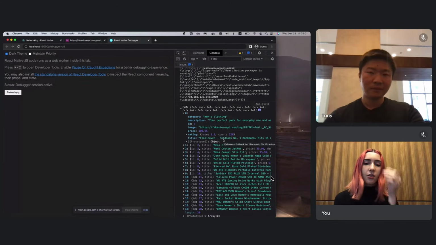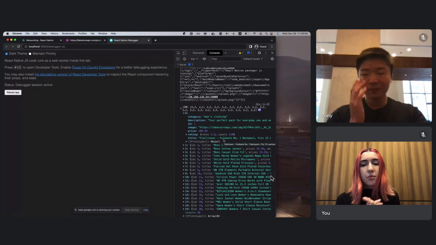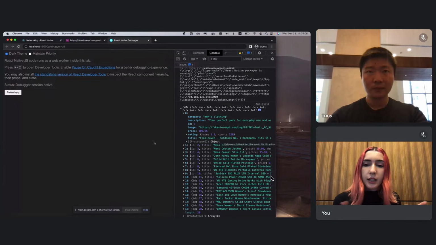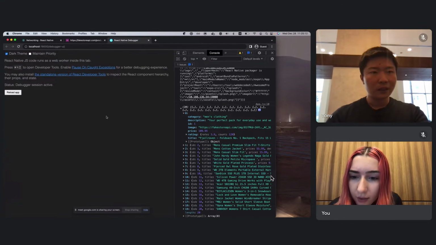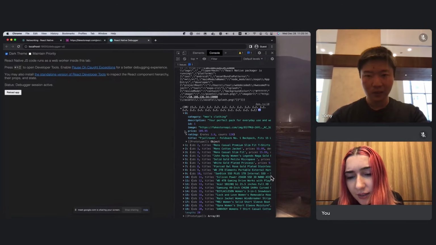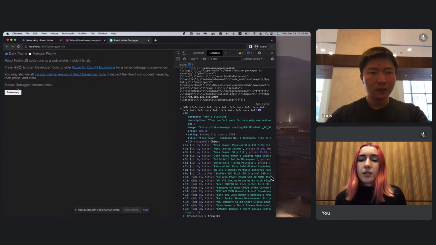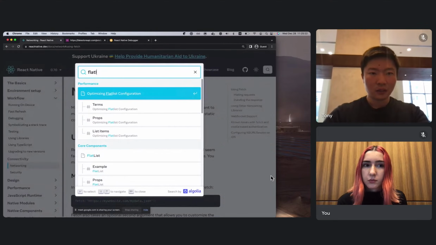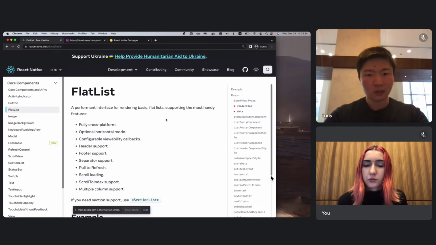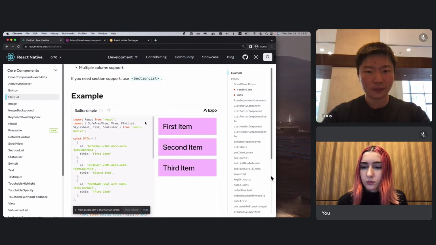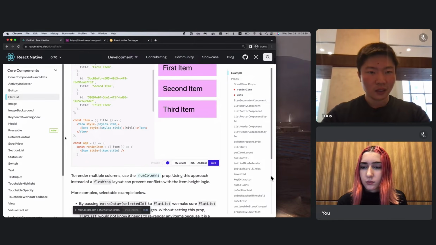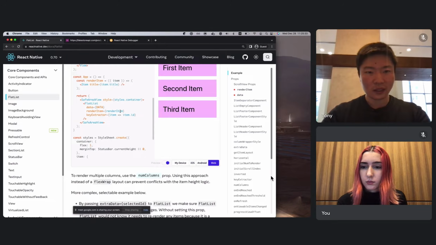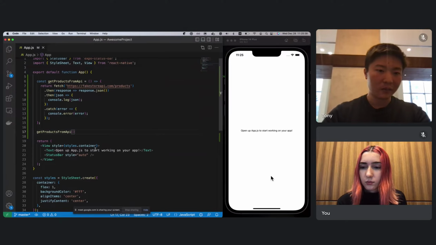Okay. So I guess for the next steps, would you be able to create a list and display just the title? Yeah. Title, right? Oh, yes. Okay. That's right. So here we use the fetch API. There's another one called FlatList in React Native. This is probably one of the more popular list components. It really provides a nice abstraction for you to render all kinds of lists.